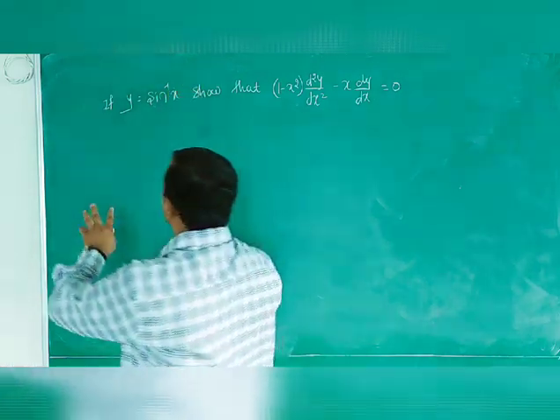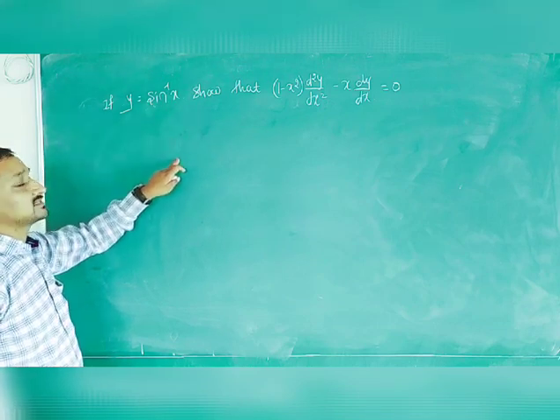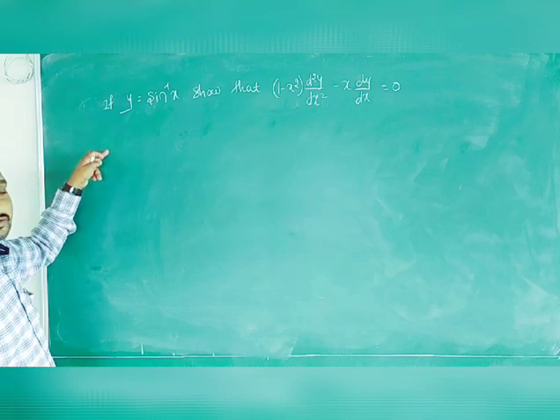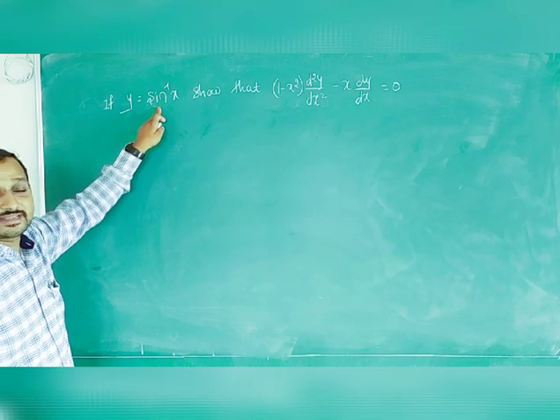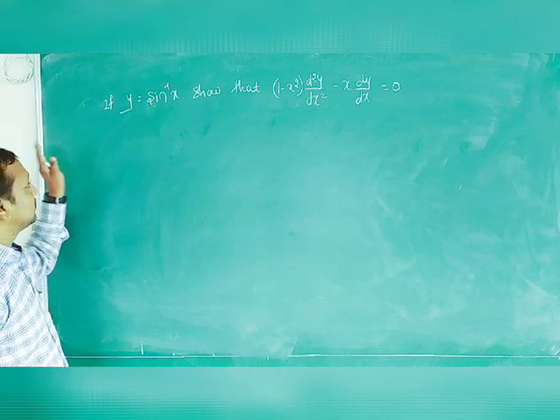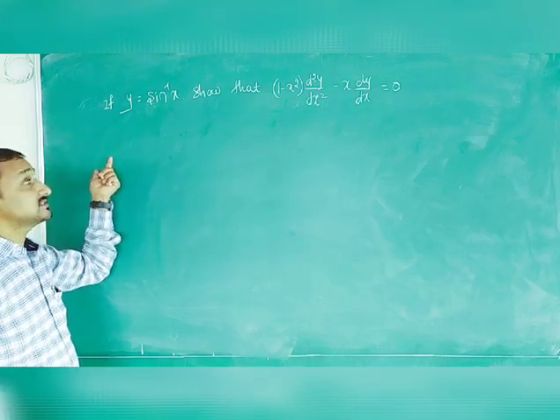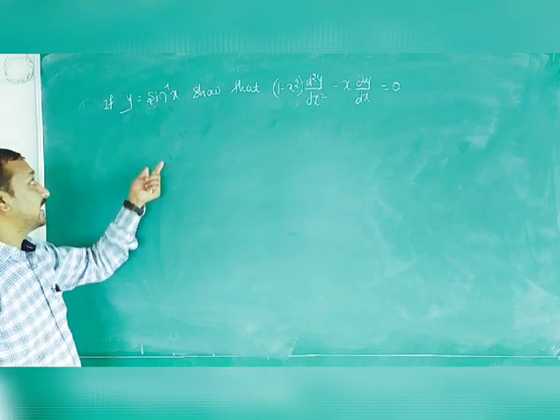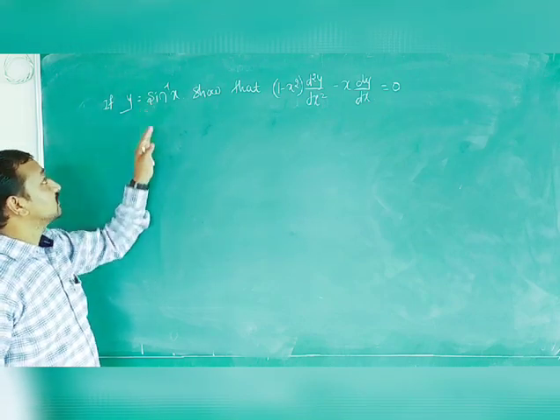Very simple. First, dy by dx: what is the derivative of sine inverse of x? It is 1 divided by root of 1 minus x square. Then root of 1 minus x square is cross multiplied to this term: root of 1 minus x square into y1 is equal to 1. Then again differentiate: first function root of 1 minus x square keep as it is, derivative of dy by dx, that is d square y by dx square. Is that clear? Again plus the second term as it is.